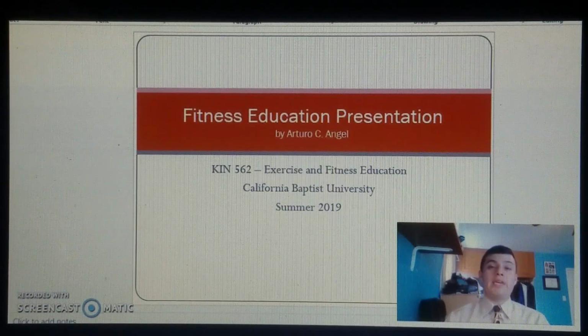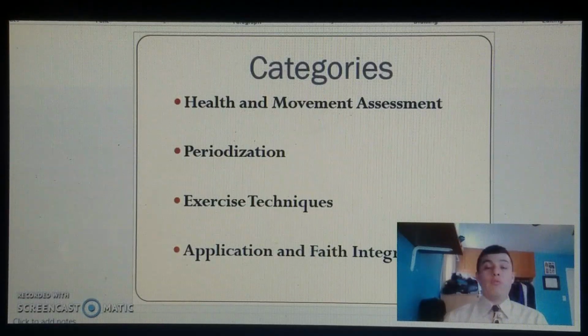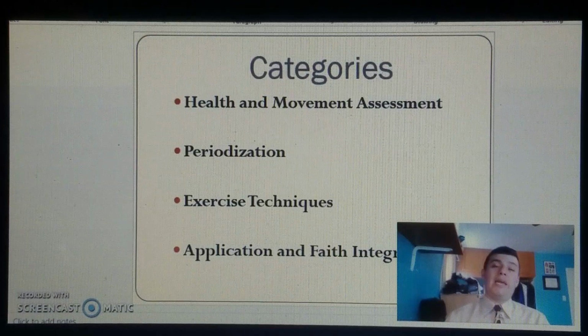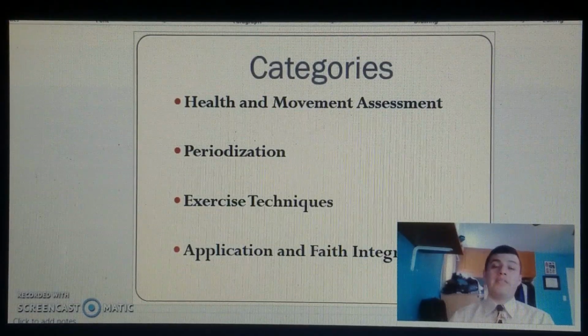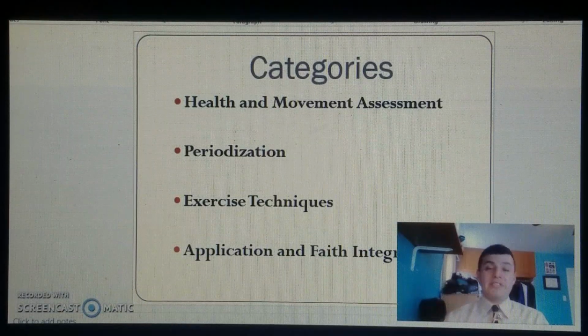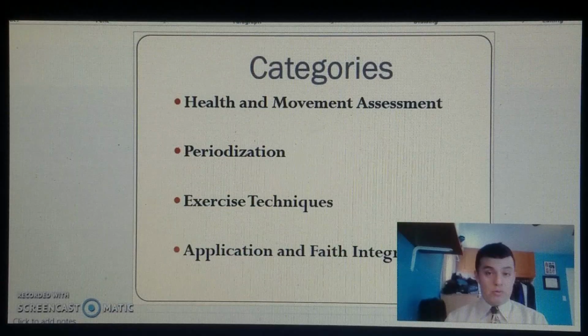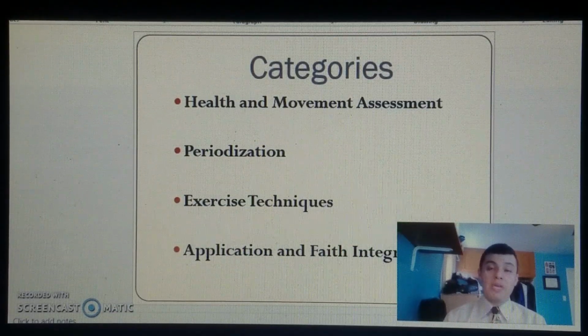Fitness Education, Summer 2019. Categories that will be covered are health and movement assessment, where I will take the FMS, the fitness movement screen, apply it to my client, and see any movement anomalies that need addressing. Once that's done, I will take that knowledge into the periodization and design a program for her, which will address her client goals, exercise frequency, duration, time, periodization from week to week, and any changes that may need to be